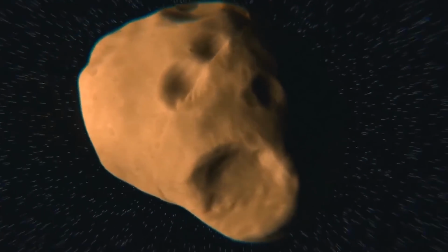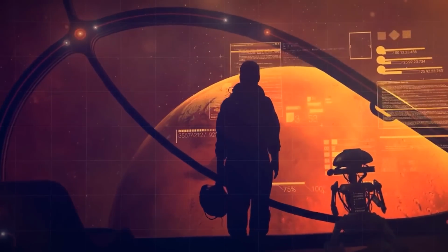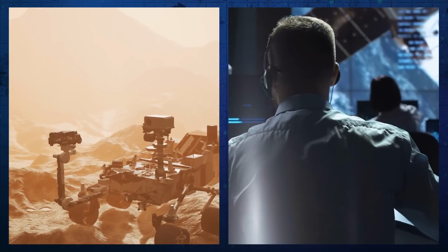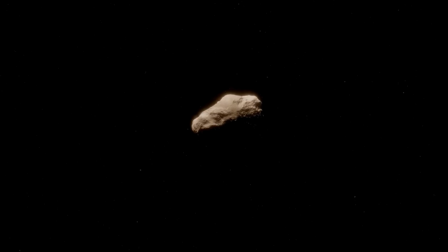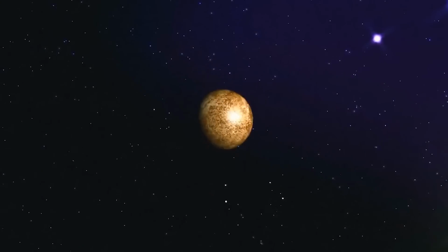Its low gravity and proximity to the planet make it an ideal staging point for future missions to Mars. Space agencies have proposed sample return missions and robotic landers to study Phobos's surface, composition, and evolution. These missions could help answer questions about the moon's origin and provide valuable insights into the processes shaping small bodies